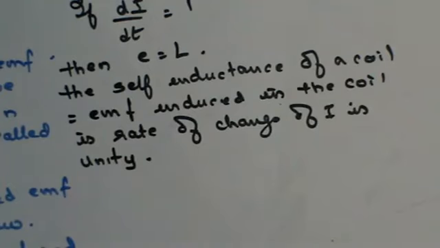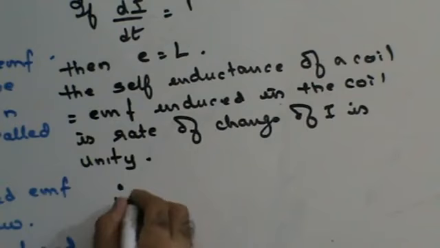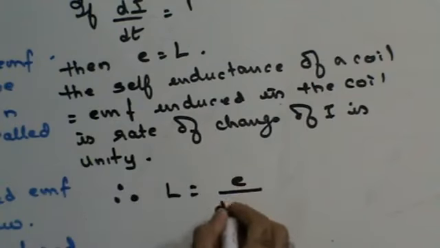Right? That means I can therefore say that L is equal to E upon di by dt,